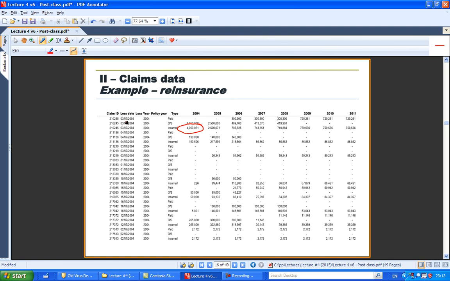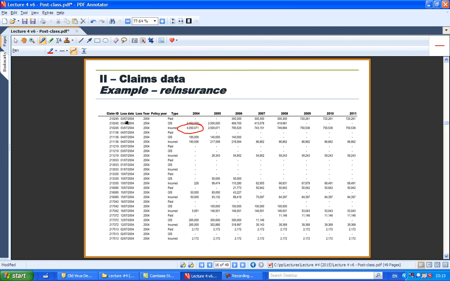I'm not getting into that in too much depth now, because we are going to speak about that when we speak about reinsurance. But for now, I just wanted to show you an example of how reinsurance claims are